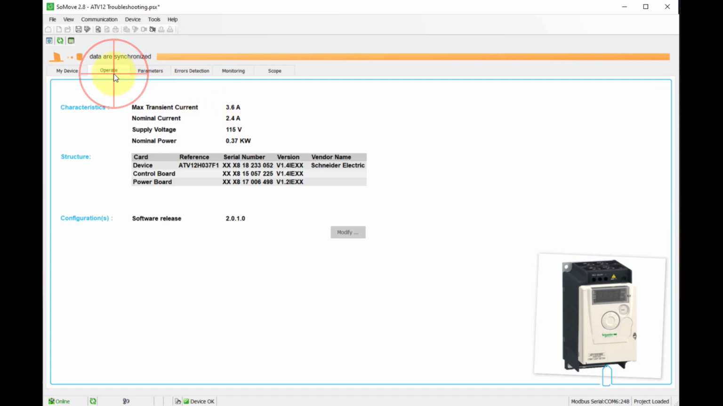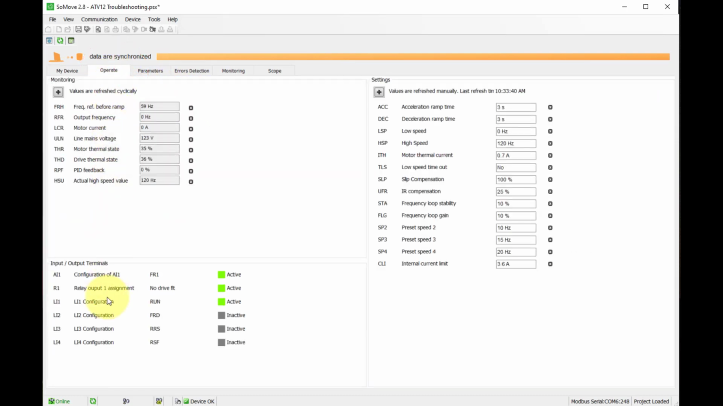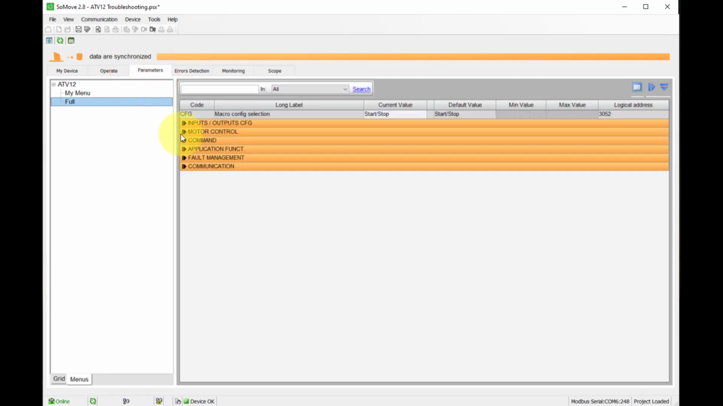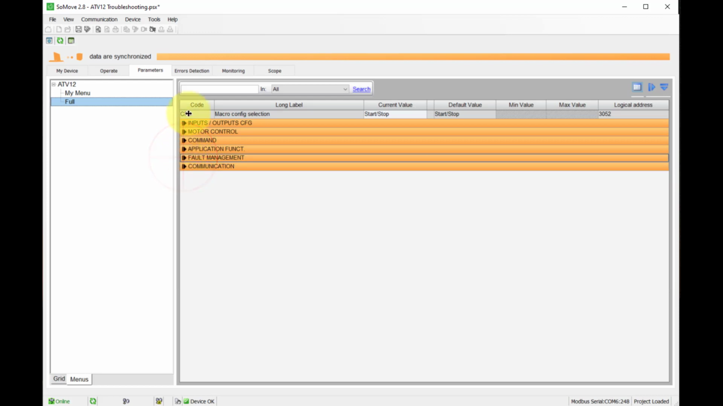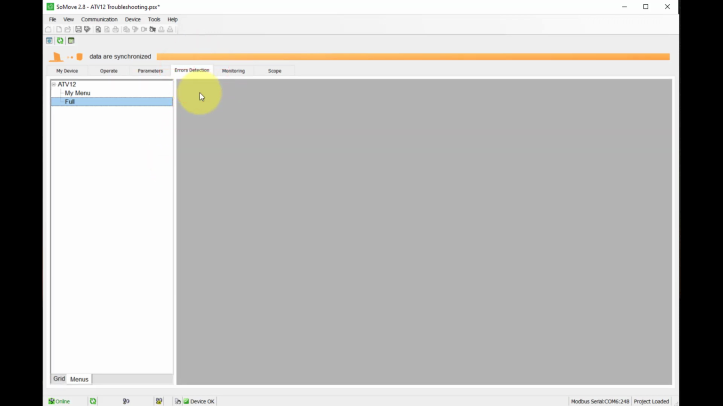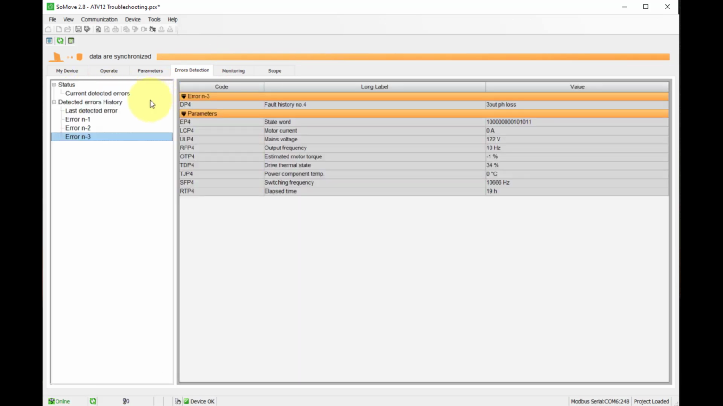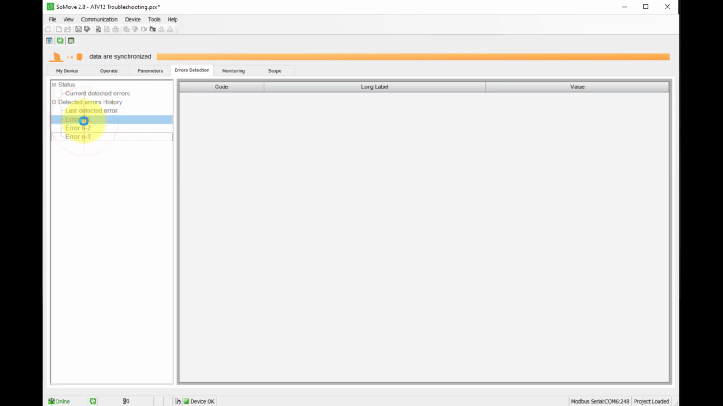Now we know that we can monitor inputs and outputs. We can parameterize, we can set all of our parameters and control functionality for the motor. We can have fault management set up on the motor. We can look at errors. We can view the latest errors through error detection, the last 4 faults detected,